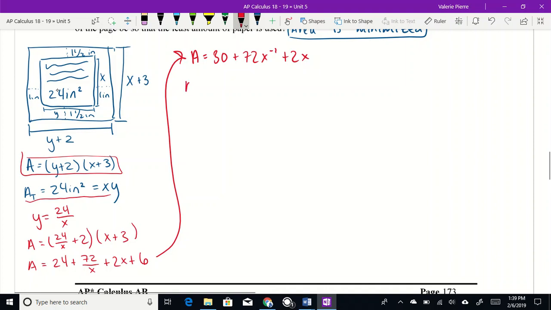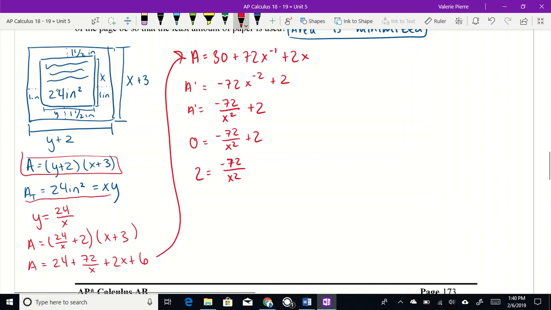So now, step 5, I'm going to find the derivative of that equation. So I get negative 72 x to the negative 2 plus 2, which can be rewritten as negative 72 over x squared plus 2. Okay, and then to use sign analysis, I need to set this equal to 0. So 0 equals negative 72 over x squared plus 2. So 2 equals negative 72 over x squared,